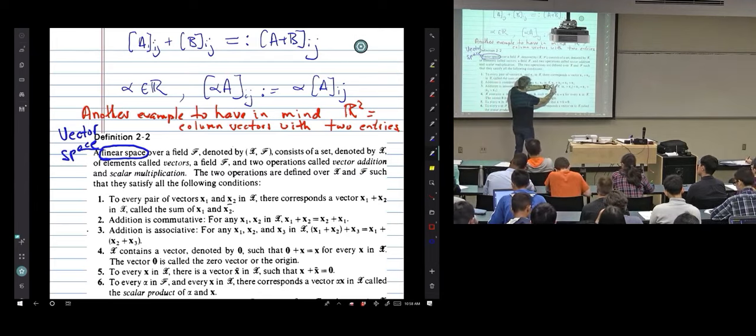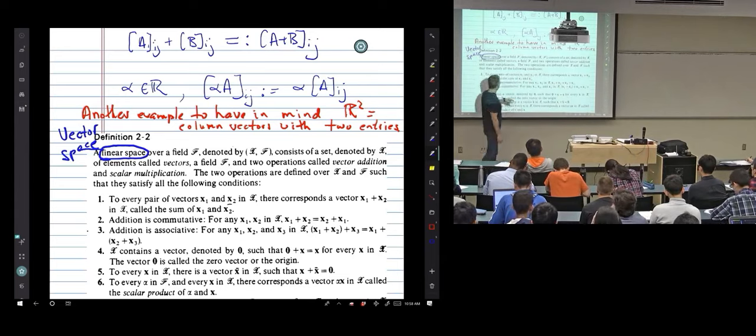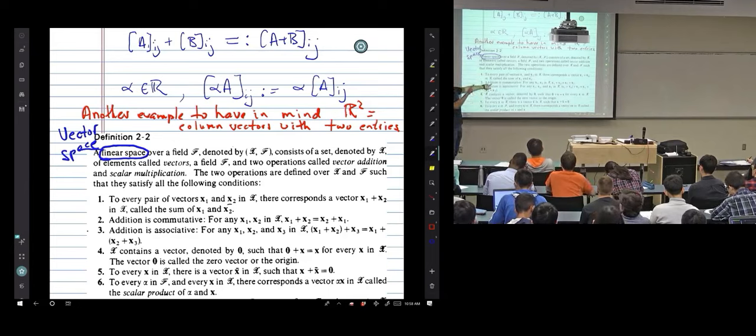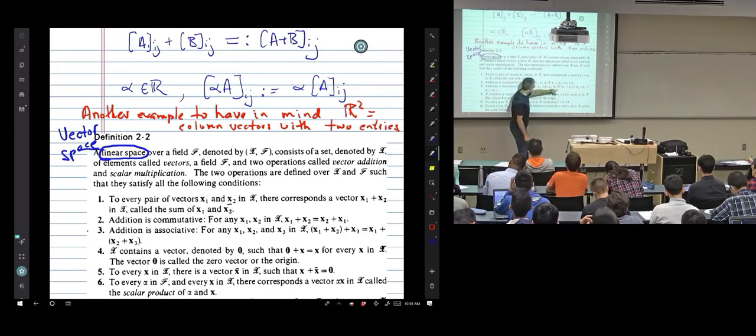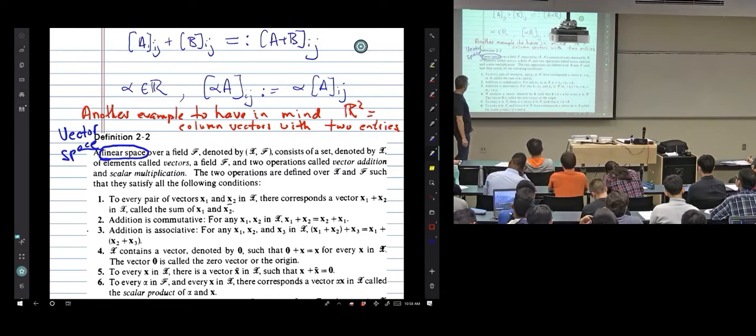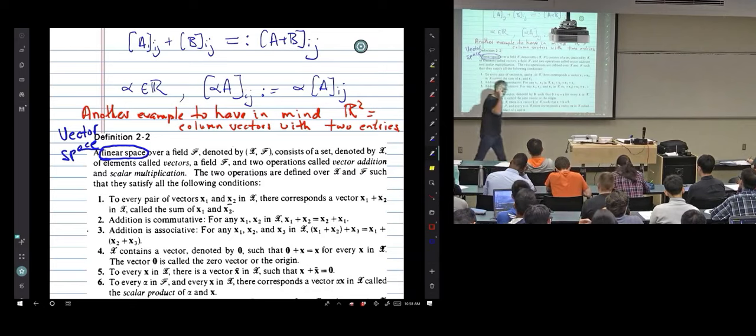When you add one vector to another, the order can't matter, so vector addition has to be commutative. It also satisfies the associative property. Okay? So let's just stop here for one second